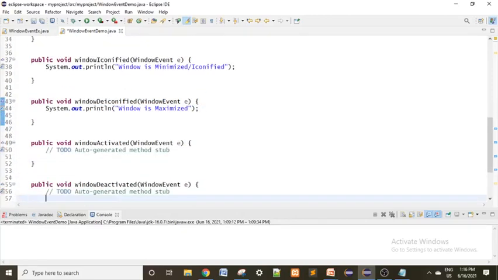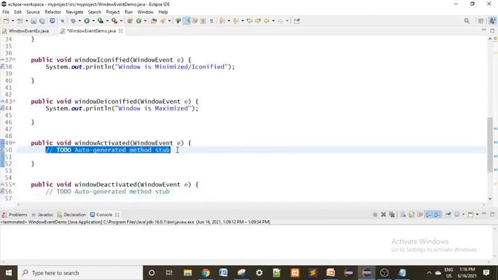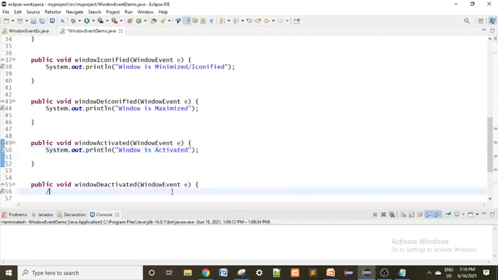After that, when the window is activated, this method will be invoked, that is called window activated. I will show you every output. Okay, activated. After that, the next one is, when the window is deactivated, this method will be executed. Deactivated.